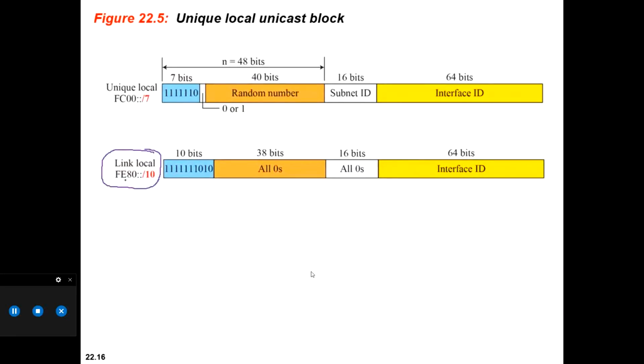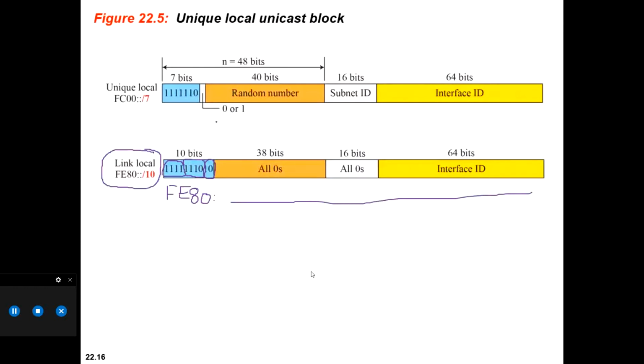It begins with F, then E, and 1 0, so this 1 0 makes clear that it is 8, and everything else can be anything in between. That is the link local address. This is how the link local address is generated.